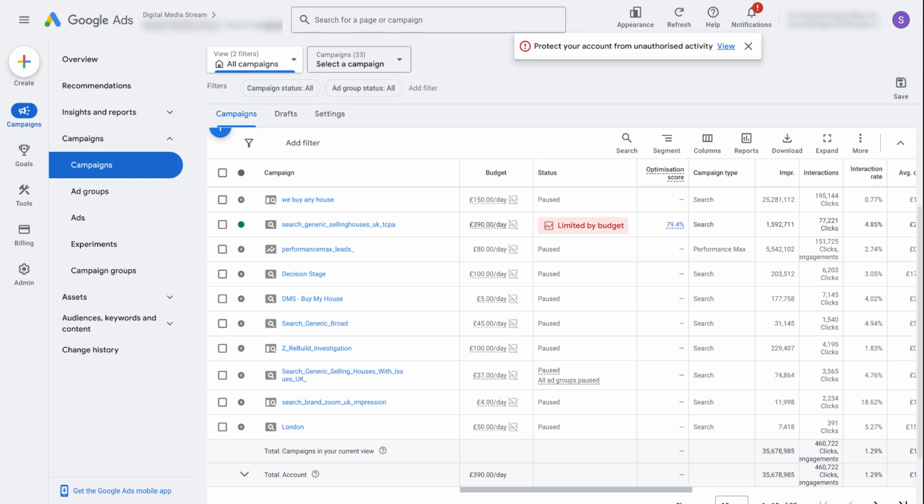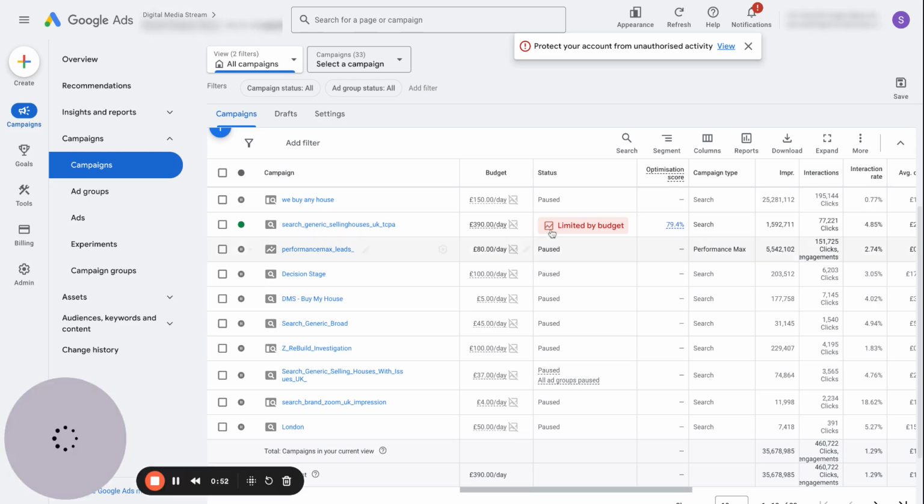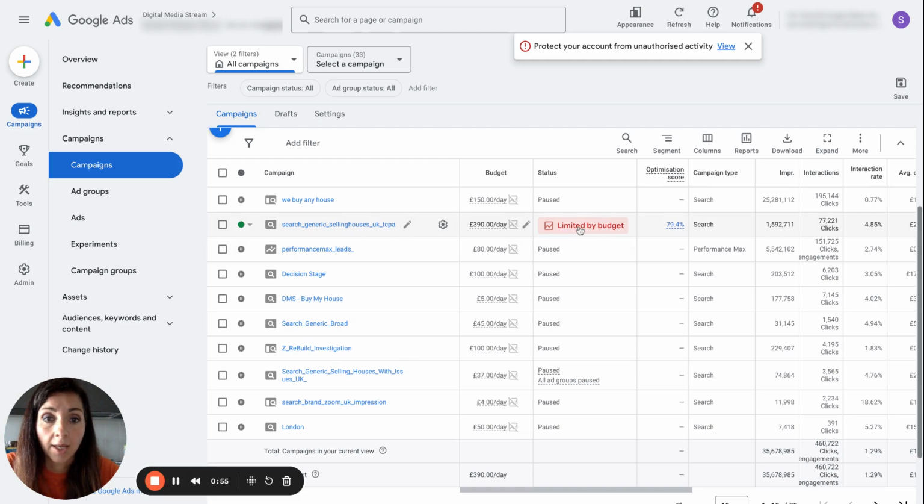So the first common issue is the budget. A very low, limited budget can prevent your ad from showing. For example, we have a campaign here which has got a limited by budget status. So this is something that we need to look at. This campaign, even though it has got a limited budget, we still have impressions and clicks. But if you see that your metrics are zero interaction, zero impression, it is probably because of the limited by budget